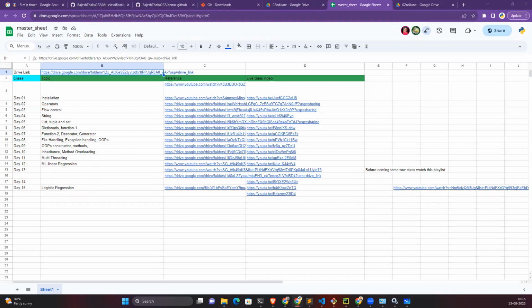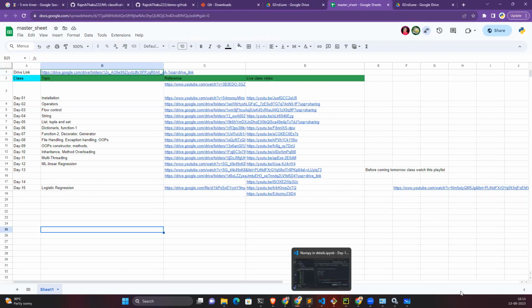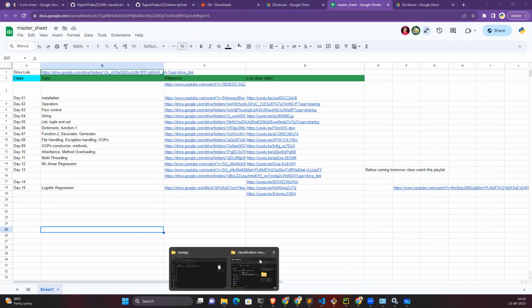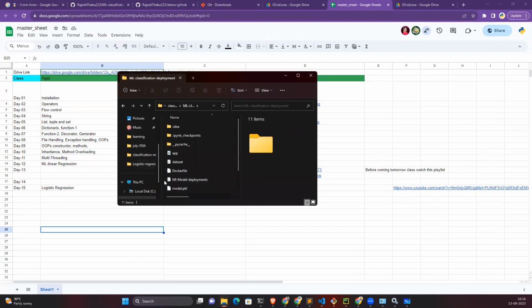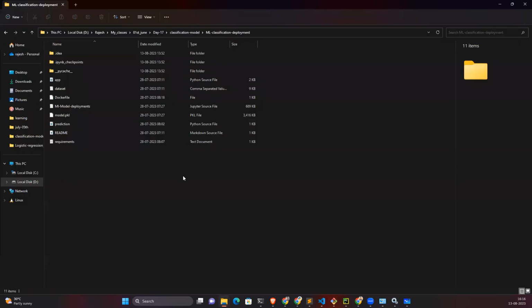Or else you can share your screen, Divya, if you are facing some problem. Okay, it seems like she's able to do it. Yes, sir, we got it. Okay, nice. Thank you. So if you are able to download and extract, you will see this kind of folders and files. Are you able to see these files and folders? Yes, sir. Okay, good.